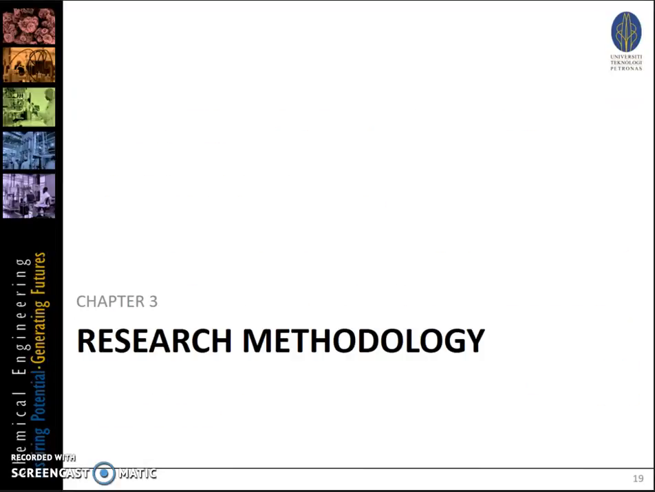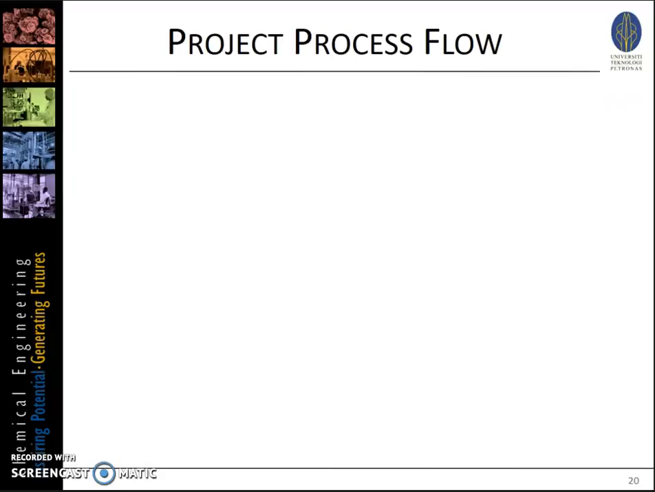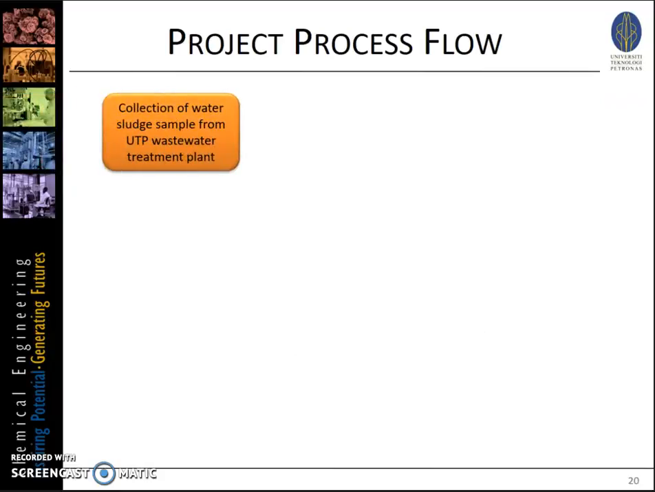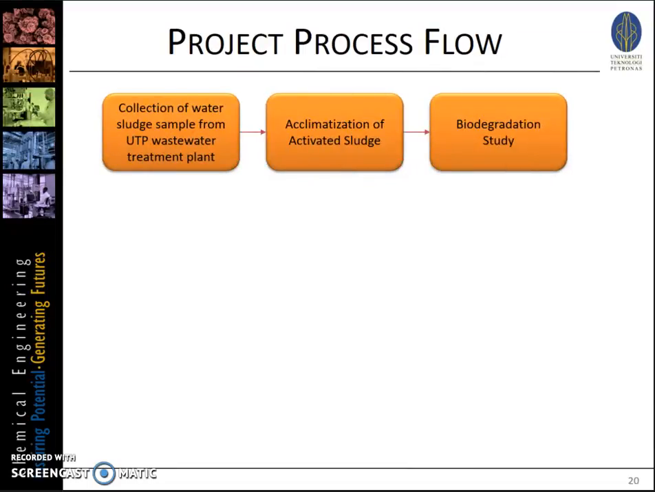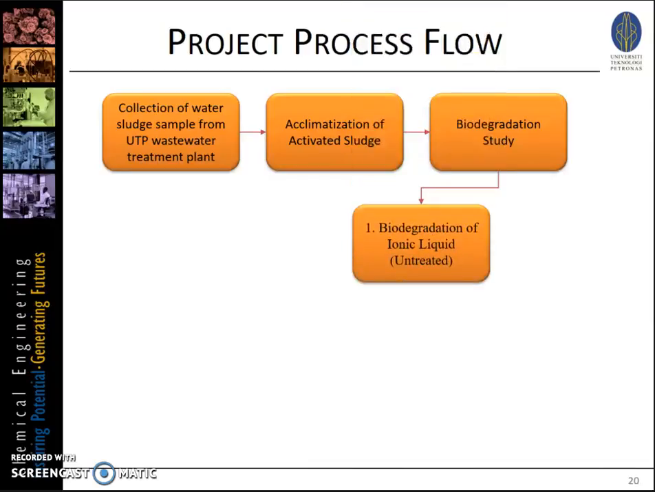Moving on to Chapter 3, Research Methodology. This is my project process flow. First of all, I'll be collecting wastewater samples from the UTP wastewater treatment plant, and I will acclimatize the sludge. After that, I'll begin my biodegradation study, and as I mentioned earlier, I'll be conducting 2 types of experiment,